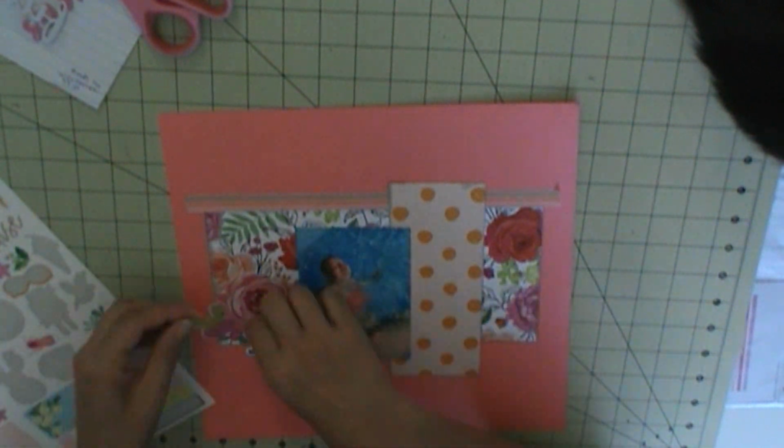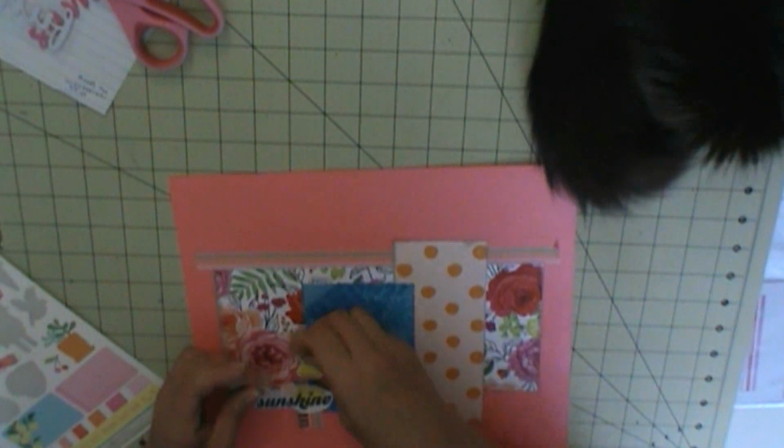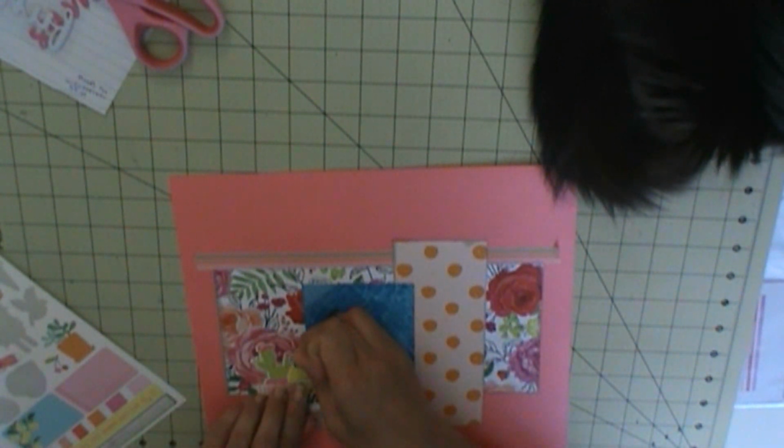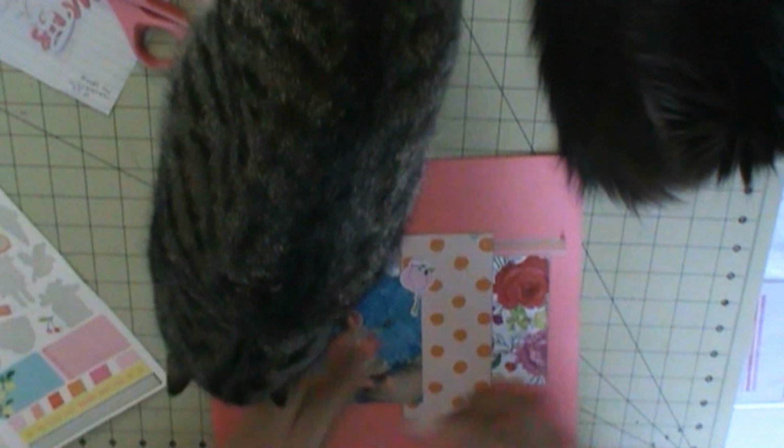Hey Coco, what you doing, baby girl? Her ears are bothering her. She kept waking me and Alex up last night, so I need to clean her ears. Now you need me to clean your ears, girl. Anyway, so,